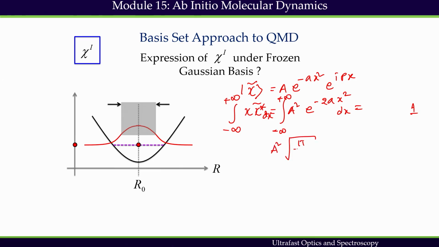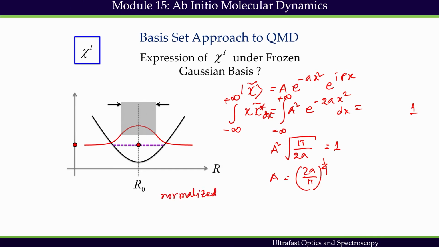And this integration we get from a standard Gaussian integral, we get 2 pi by 2a, which is 1, or a equals square root of 2a by pi. Actually, this is not going to be a square root. A is going to be 2a by pi to the power 1 by 4, and so the normalized one dimensional, one can write down